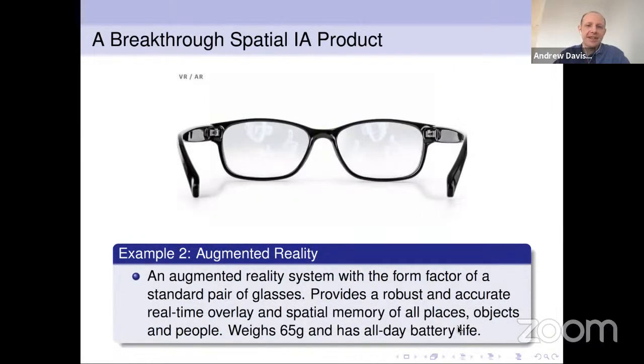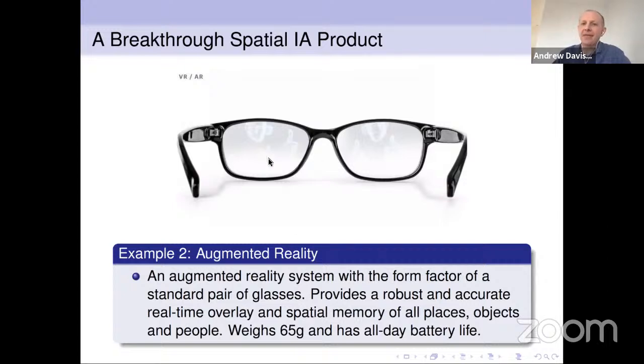And here's another product that a lot of people think about a lot, a breakthrough kind of augmented reality product that might become the next major mobile computing platform, that might replace the smartphones in our pocket. So if something like this really worked well, did all the computing that a phone could do, but would also provide you with this kind of smart overlay of information onto your vision that would come on and off as needed, I think that could easily become the next big computing platform that everyone would use.